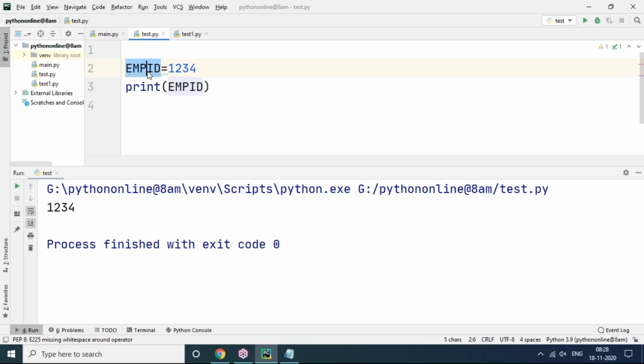The programmer has declared EMPID in capital letters so that it is a constant. Constant means this value cannot be changed, so we should not disturb that. If someone forcefully wants to change it, they can change that value, no problem at all. Why? Because Python does not support constants. But just to make other people understand that this value need not be changed,